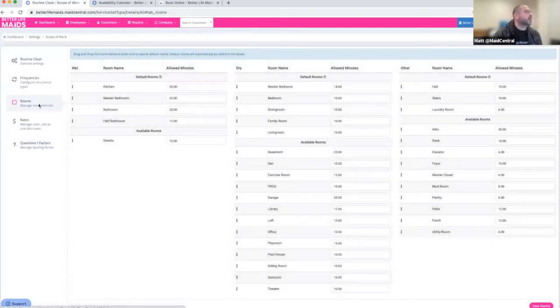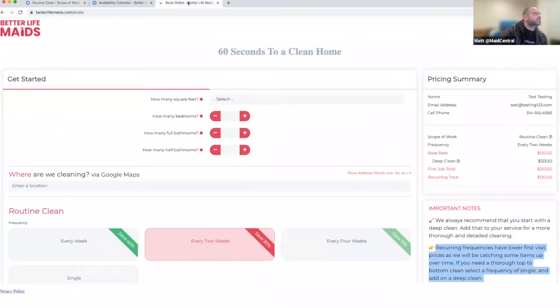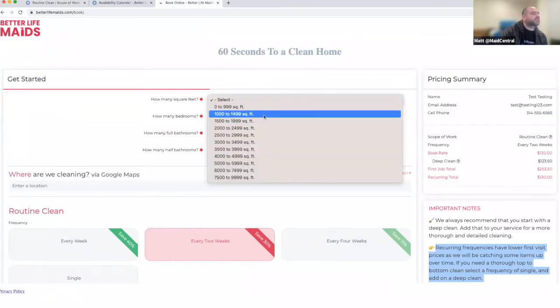pricing. So Matt, can I interrupt? Where did you click to get to that box on square foot? Questions, factors here. Questions, factors, yep. And then during pricing, one of the default questions is how many square feet. It should be your top question. And the way that that's visualized in MaidCentral, if you're quoting by square feet, is this drop down here. And then this drop down,